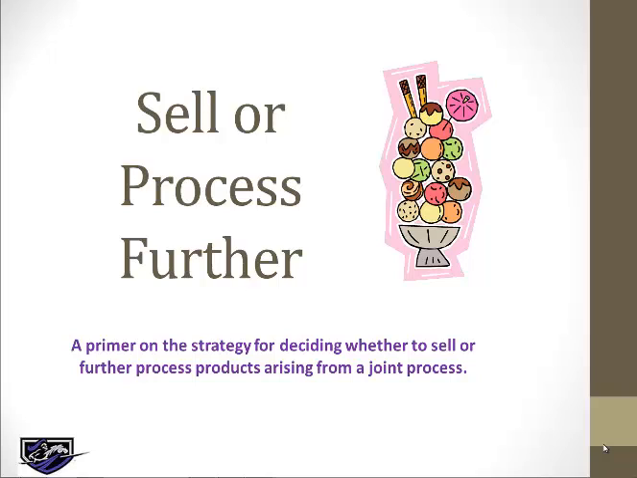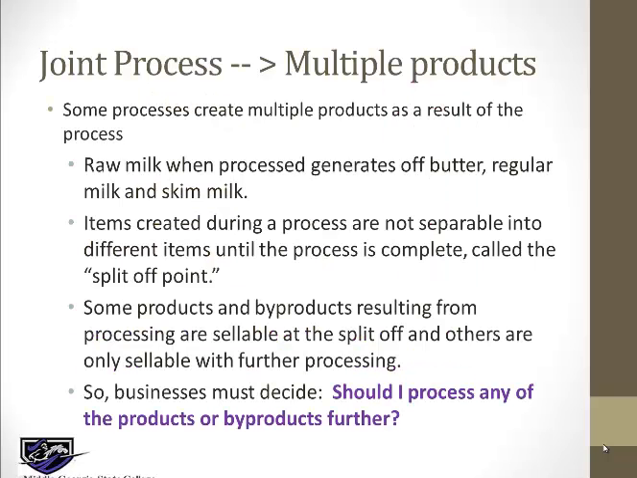Today's lesson is on whether to sell or process further. Some processes create multiple products. For instance, if you churn raw milk, you're going to get butter and regular milk and skim milk at the end of the process, but you can't get those three things until the process is over. So items created during a process that are not separable until the process is over are separable at the split off point. That's the point at which the process is ended and the new things come about from the original